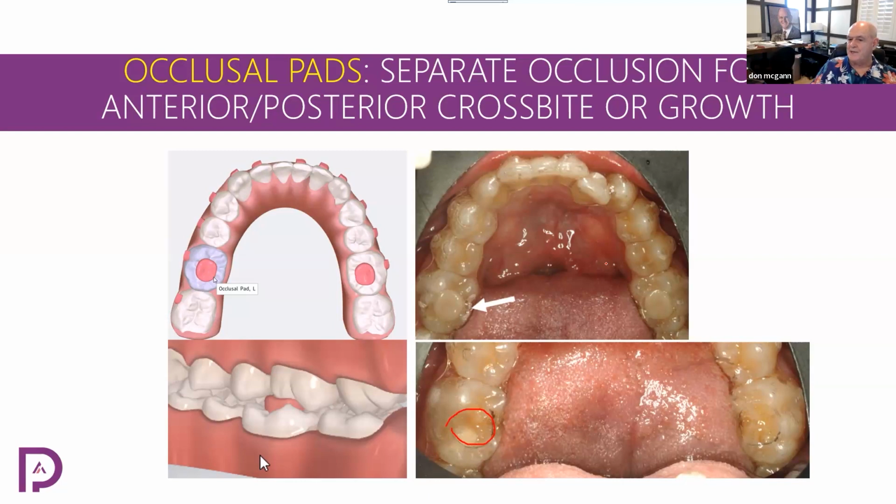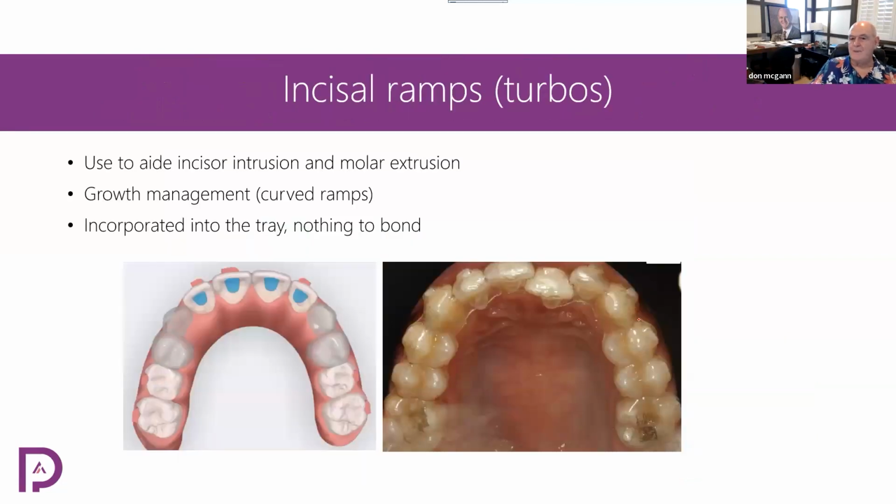How thick do you make the composite? You make the composite thick enough to where when they remove that aligner, they're biting on composite and not on their teeth. So now you are discluding the teeth, and you'll get more of that extramandibular growth versus maxillary drift, he wanted to call it. Okay? That's true. So there's a method of growth management with an aligner. The aligner itself, if they wear it enough hours, will help you with that too, just disrupting the bite. Another way,